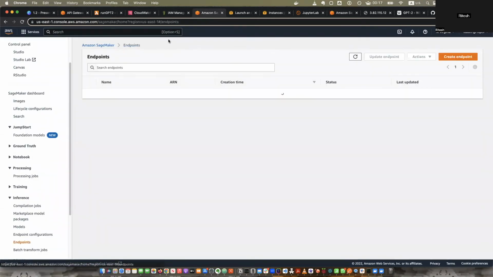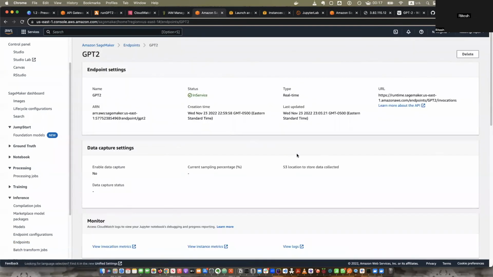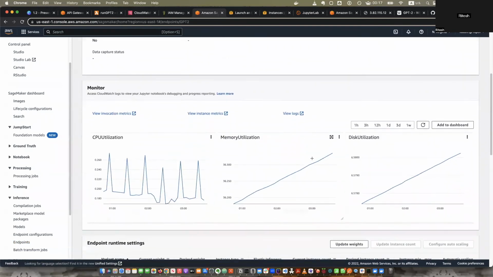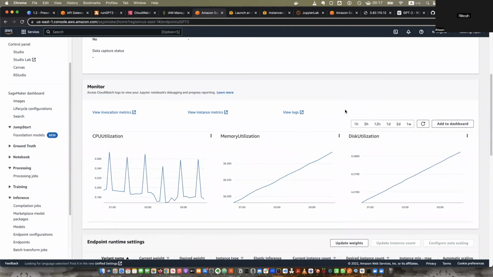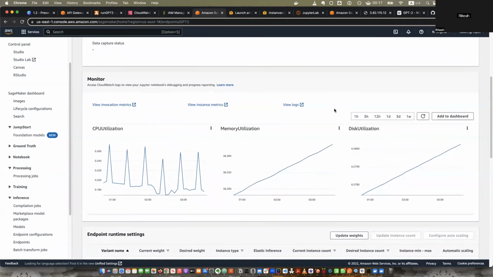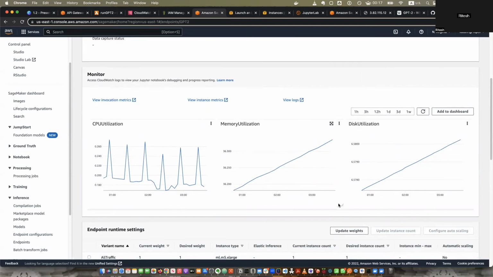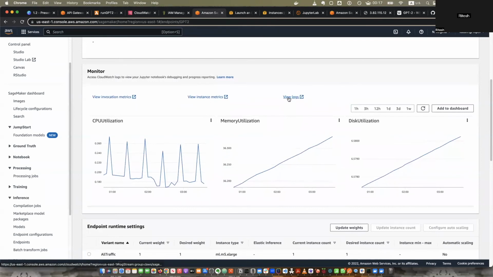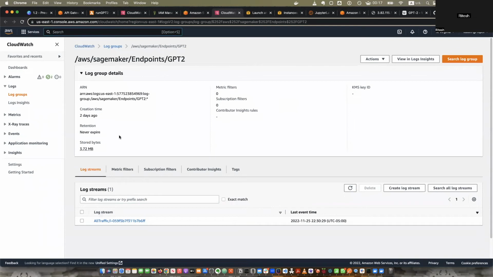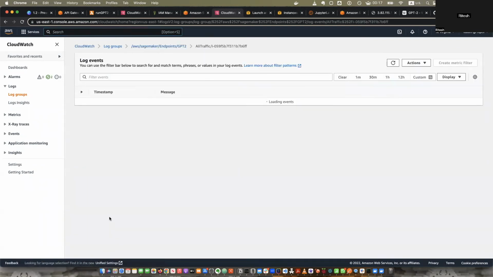So we are not invoking this generate my text, we are invoking GPT2. So if it has any, oh, there we go. It does have some utilization, right? So we can see all the CPU utilization metrics, the memory, disk utilization and whatnot. Now, if we need to do this for Docker, we need its own system, because Docker has its own mechanism to do that monitoring and whatnot. Also, all the logs of the invocation are getting captured into CloudWatch, which is